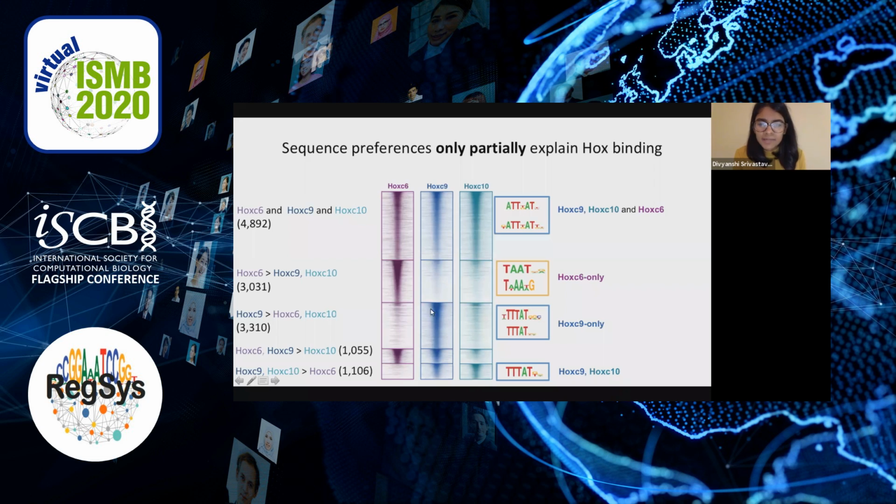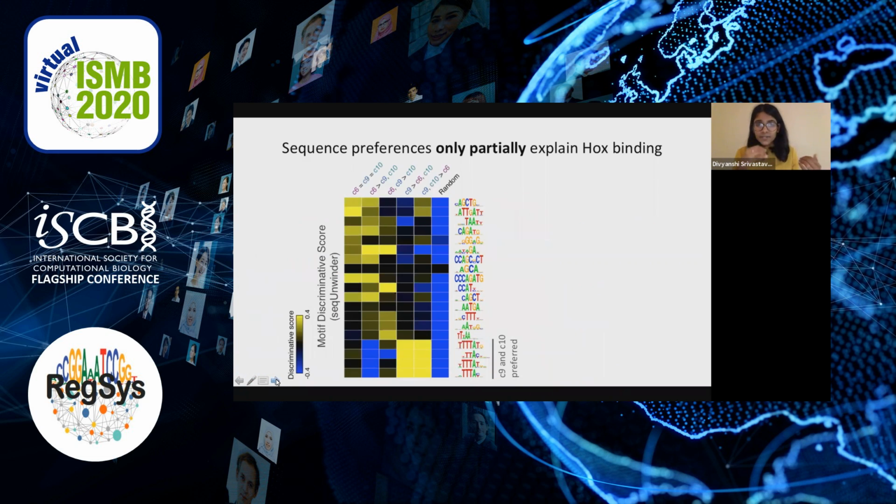However, sites that are bound only by HOXC9, as well as sites that are bound by C9 and C10, contain very similar posterior TTTAT motifs, and therefore it looks like sequence alone isn't responsible for driving differential C9 and C10 binding. To dig into this further, we used